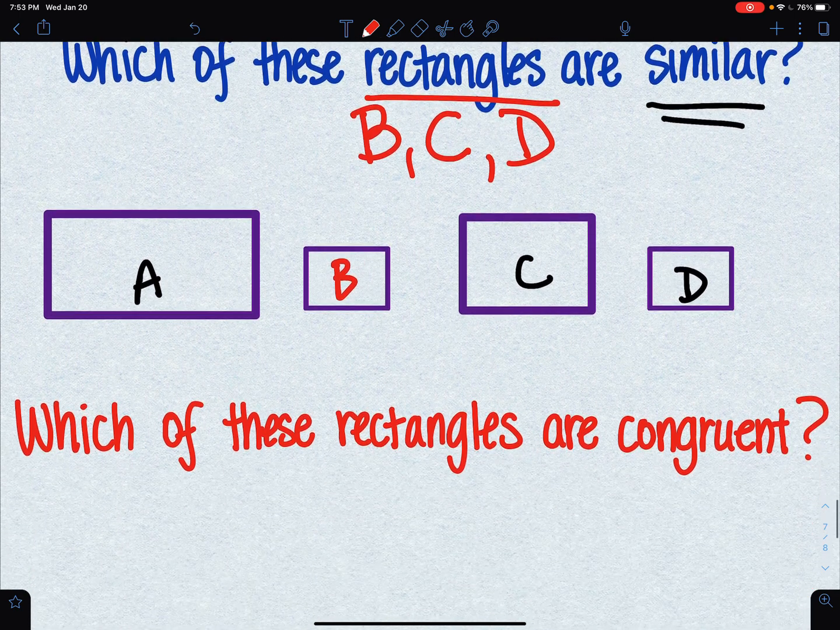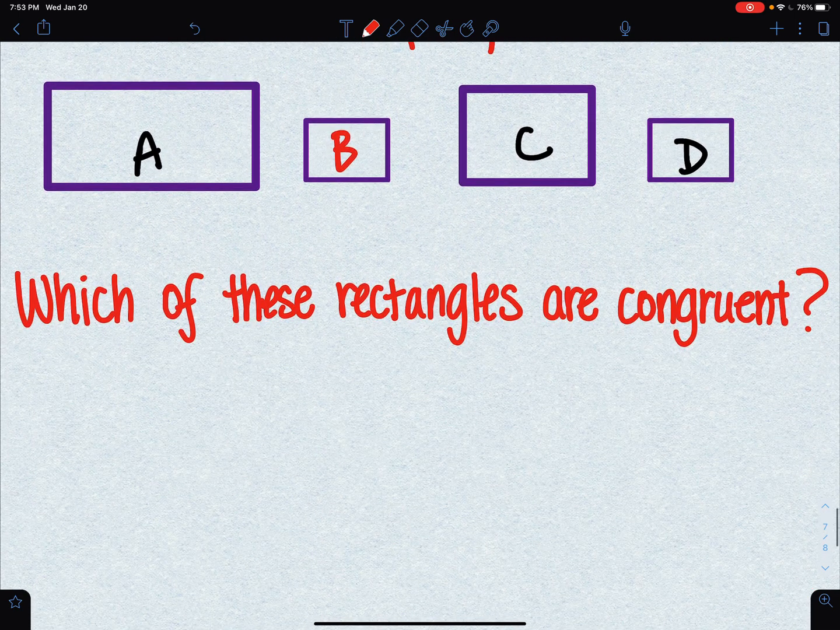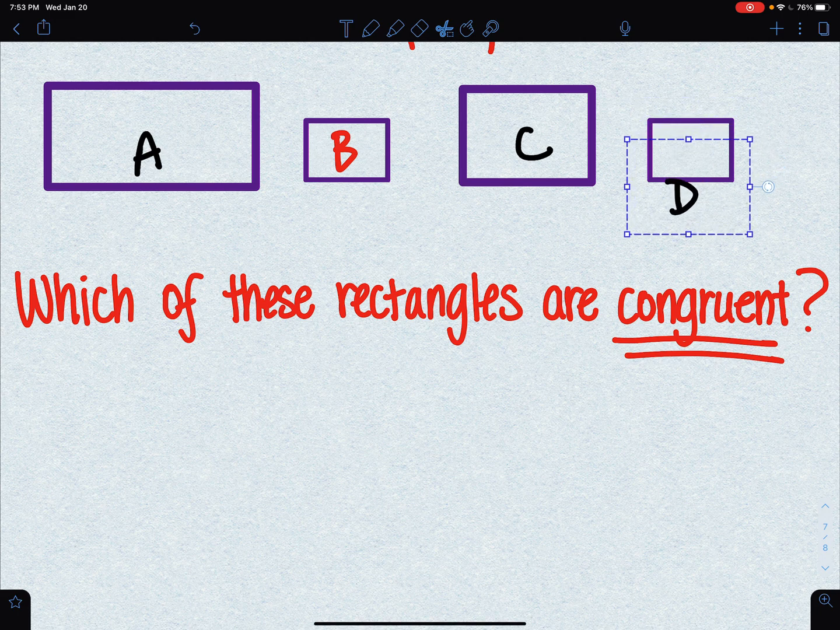All right, now it wants to know which of these rectangles are congruent. So that's a little bit of a different question. They want to know which one is exactly the same. Now there's two little ones and two big ones. And I think if I did this picture right, that,